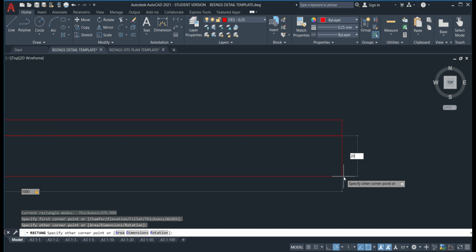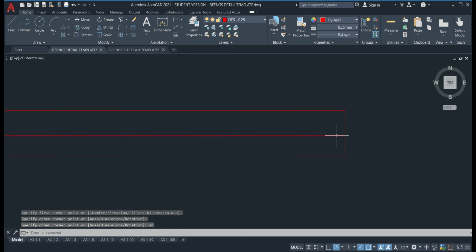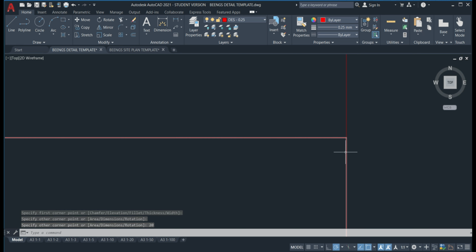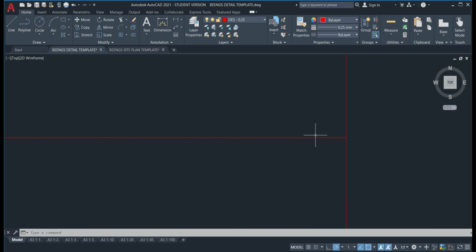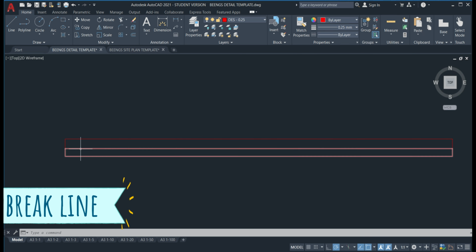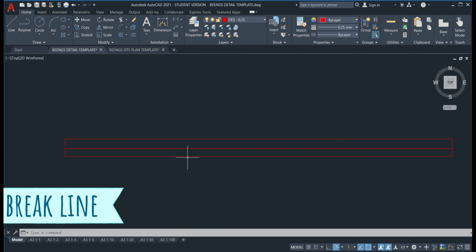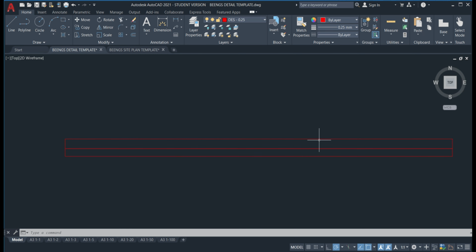And I'm just going to say 20 for the thickness and enter. So now you can see these lines are perfectly in line and this one is on top of the previous line that we created. So now obviously 1 meter is quite a long cross section. So say if we only wanted to show the inside as the whole thing's the same, we could click on